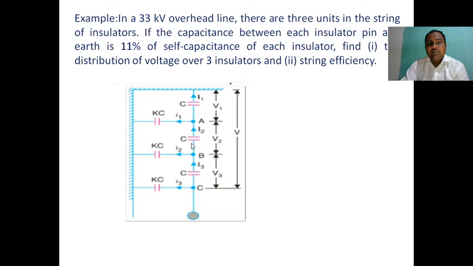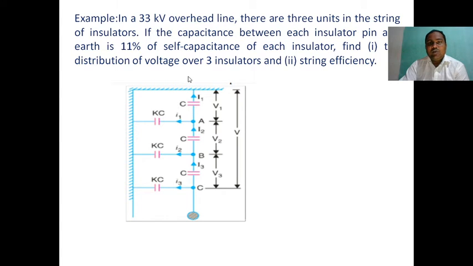So this is the diagram. 3 insulators, given as 3 units, have 3 shunt capacitances. Shunt capacitance C1 is equal to KC. 3 shunt capacitances, 3 mutual capacitances or self capacitances. Potential distribution V3, V2, V1. Potential distribution across the string is V. So I3 is equal to I2 plus i2, and I2 is equal to I1 plus i1. Already we know, according to Kirchhoff's law, current entering the node is equal to current leaving the node.